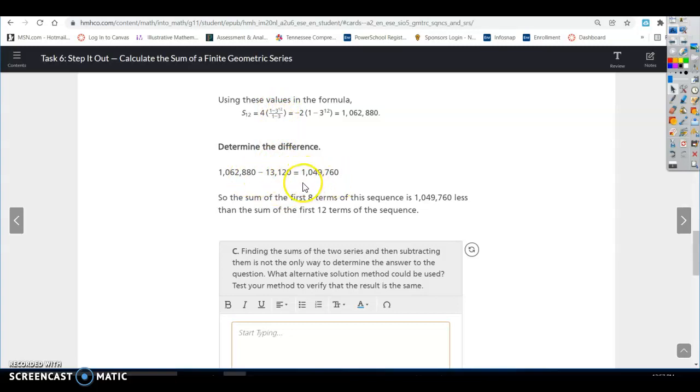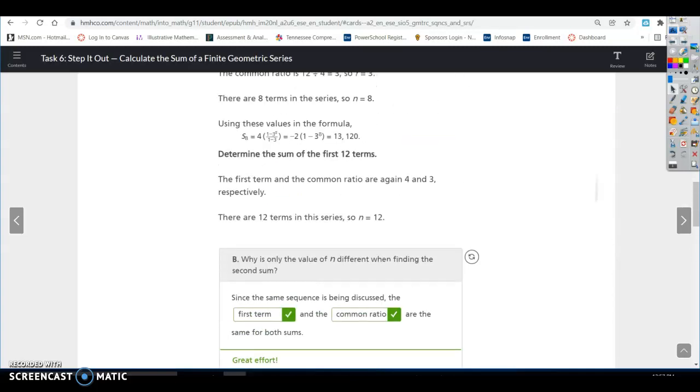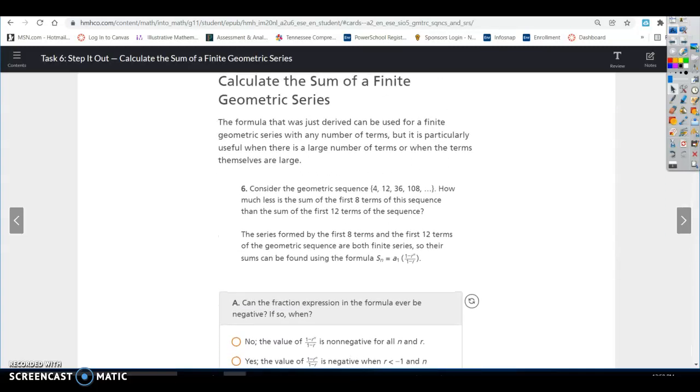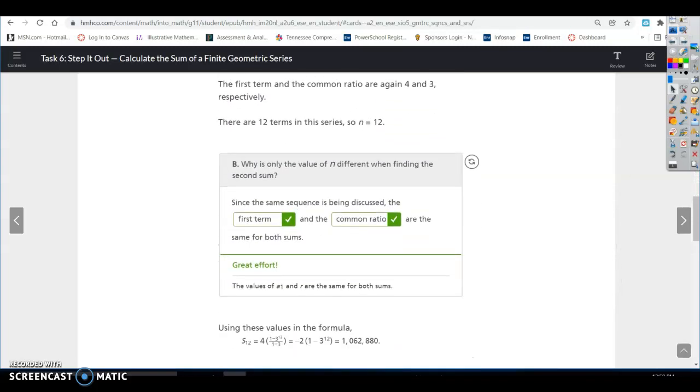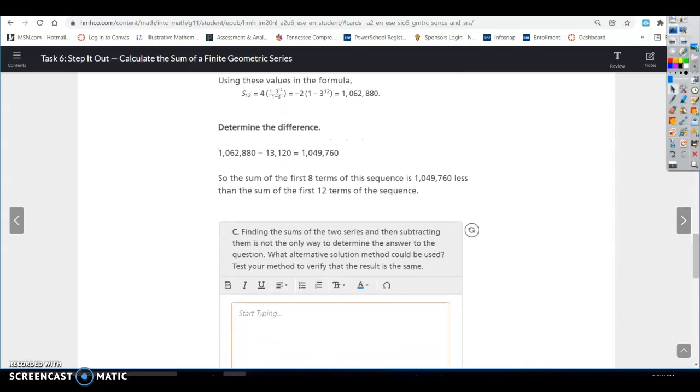The sum of the first 12 terms is 1,049,760. Oh, no, sorry, that's the difference. This was 1,062,880 was for the 12th term. But then we have to do the 12th minus the 8th, because if you remember from the very beginning, that's what the question said. The question said, how much less is the sum of the first 8 terms than the first 12 terms? So always go back to make sure that you're answering the question. So the difference would be